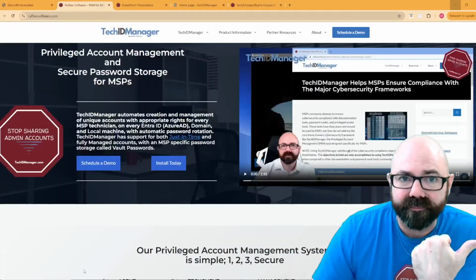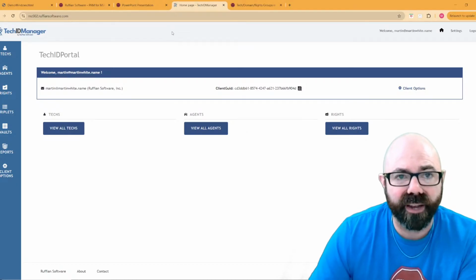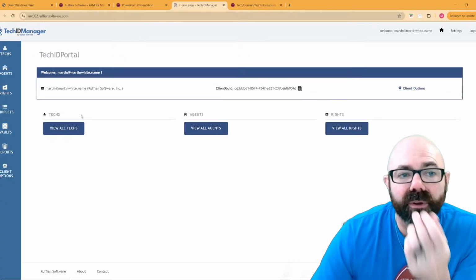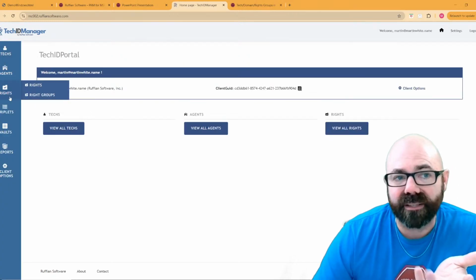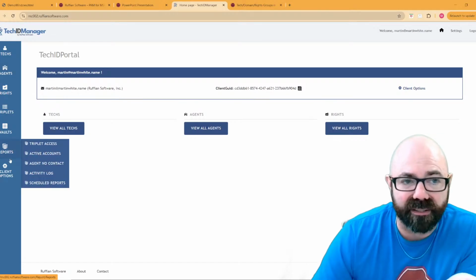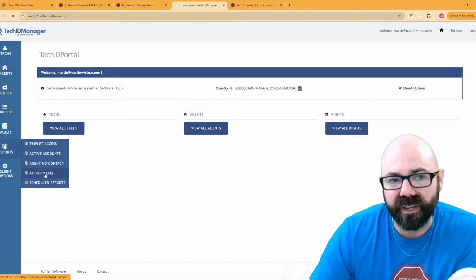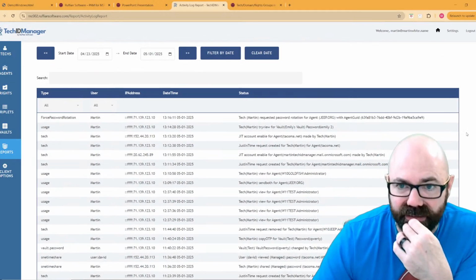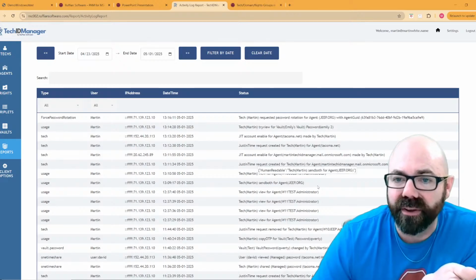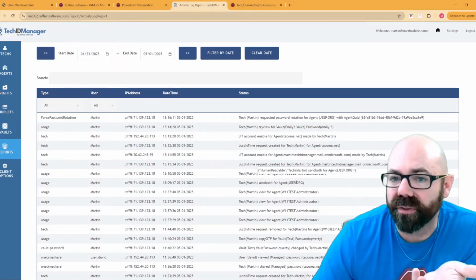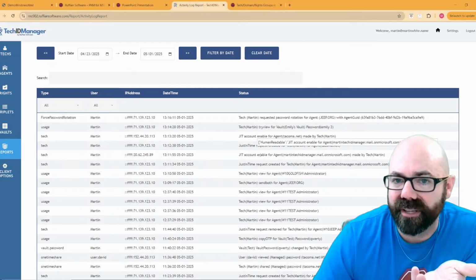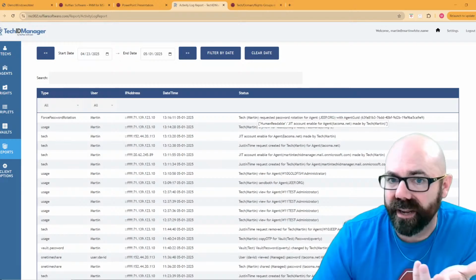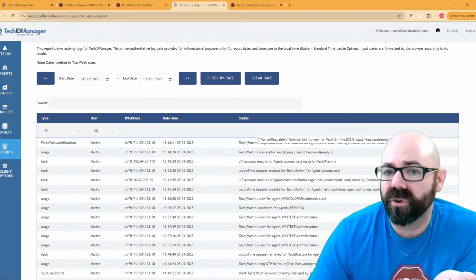Speaking of those logs, there's the management console. Make sure I'm appropriately logged in here. When you log into the management console, you have texts and agents and all the things that you would expect to see. You also have reports. The most interesting is this activity log report. You can see in the activity log everything that happens in the system. Even just during this demo, you can see that I sent both credentials for X to get logged in. I made a just-in-time enable request. It got enabled. I made another request. It got enabled. I tried to view what was in Emily's password vault,